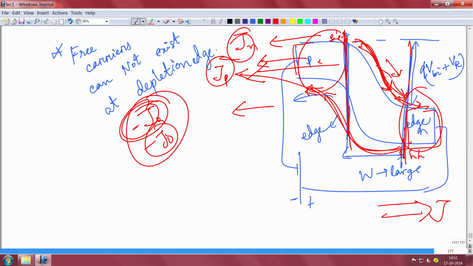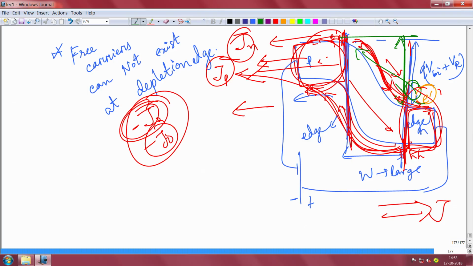So, why will the minority carrier come at this edge? The minority carrier might come at this edge because of random diffusion. Within this region, minority carriers might diffuse and randomly come here, and then they will be swept away. Similarly, minority electrons and minority holes on their sides randomly diffuse and might come here. But there is no majority injection. Holes cannot be injected from here to there because there is a huge barrier. Electrons cannot be injected from this side to that side because there is a huge barrier. So, it is basically minority carriers that come here and are pushed away. Now, when I say suddenly, it has basically been diffusion.